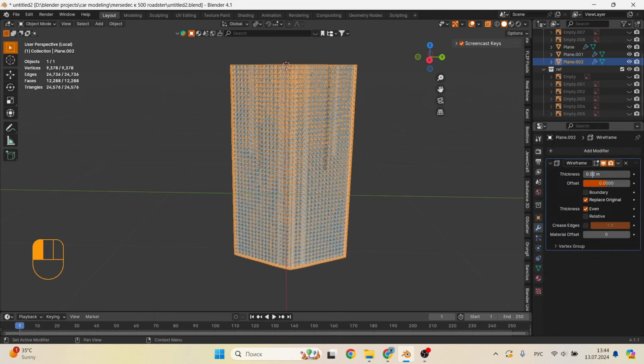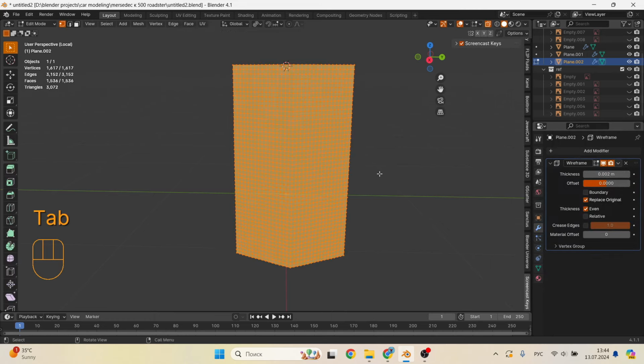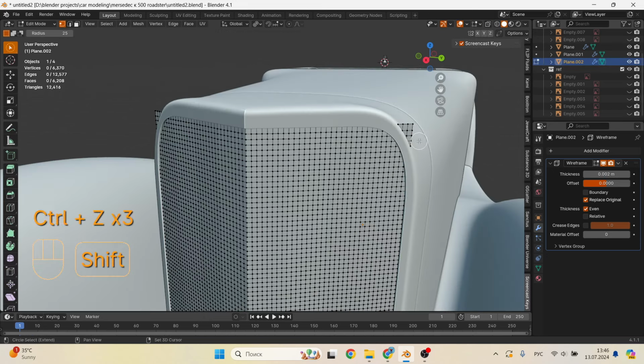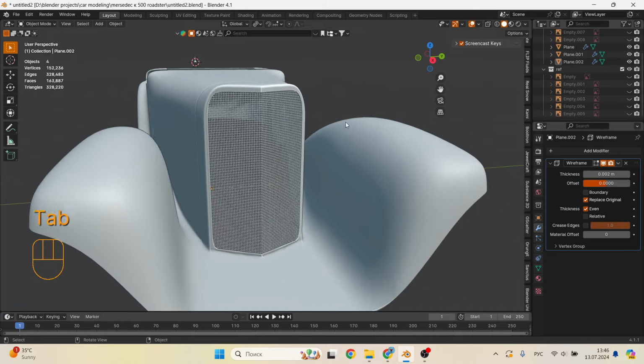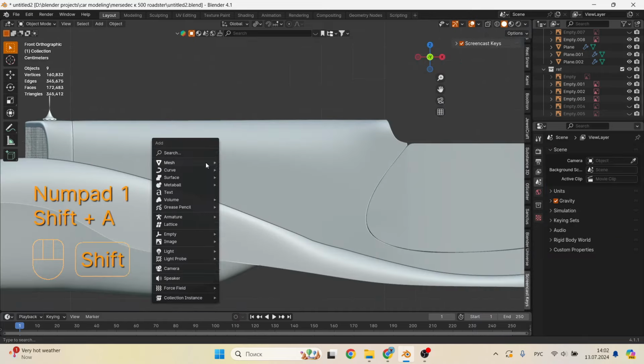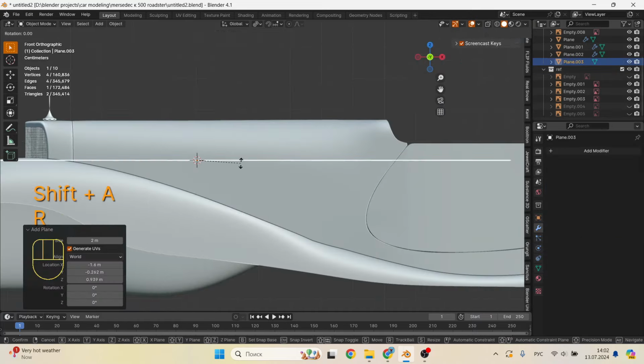But we need to add a few subdivisions to make our grid right. We press / and see what we got, and we see that we need to delete several vertices. We press the W button to switch the selection mode to a round pointer and select what needs to be deleted. It is more convenient for me. That's all for now here.